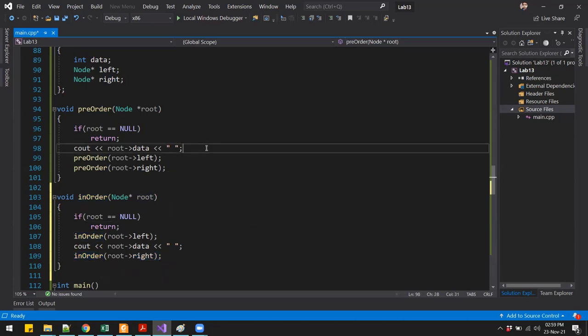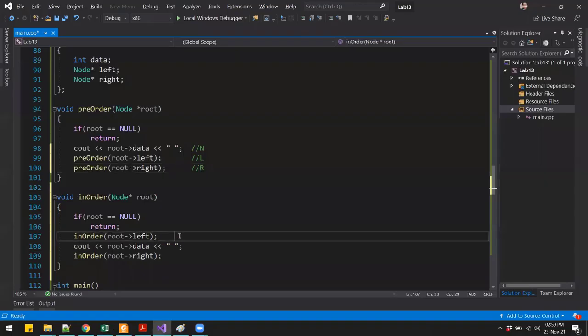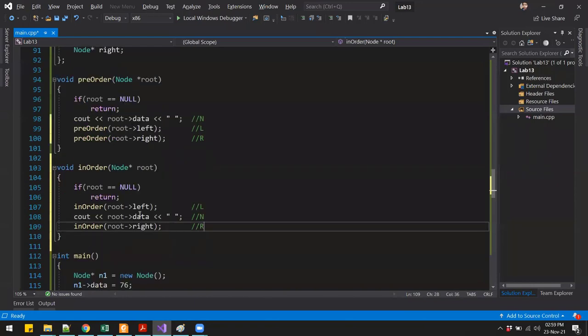In here, we first had the node, then we had left, and then we had right. That was pre-order. In order, we have left, then we have node, and then we have right.